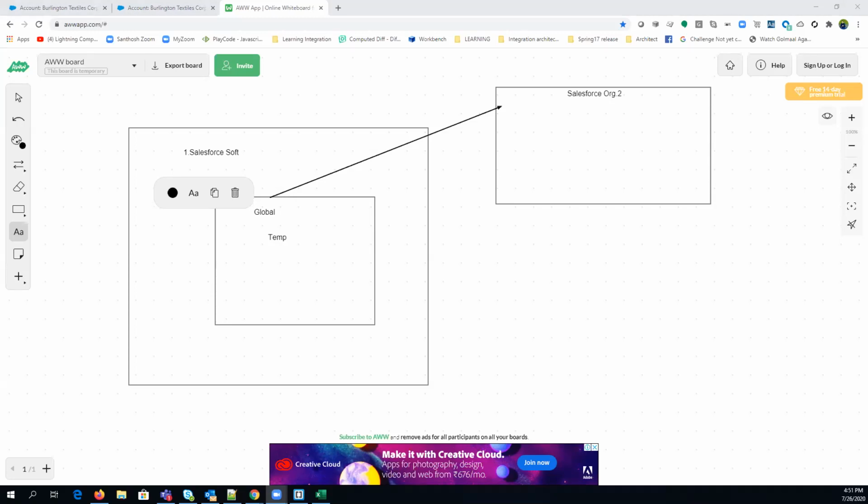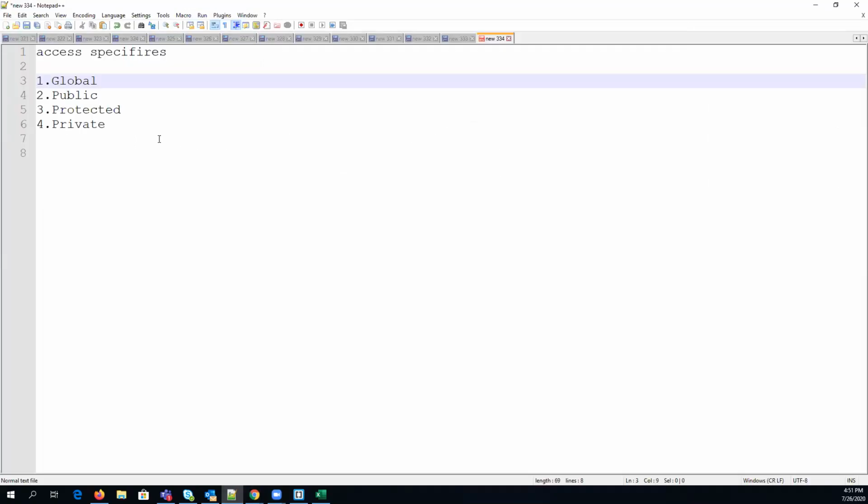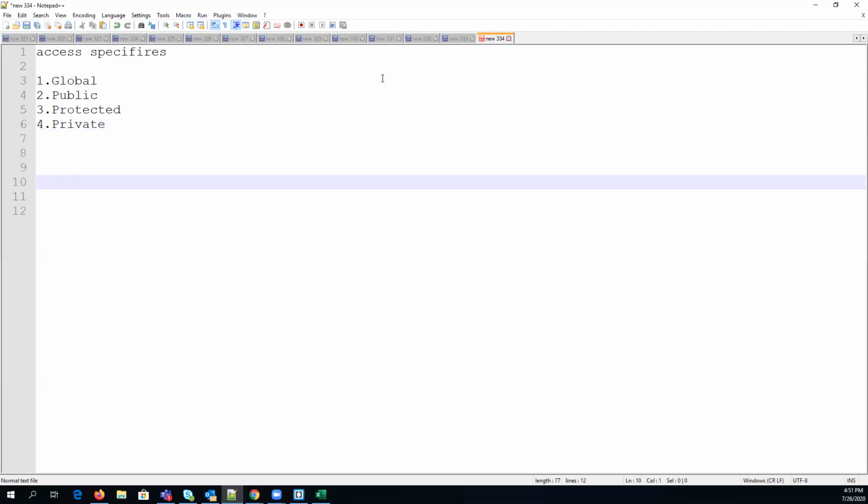You can use your keyword like this. If I want to create a global class, then your class syntax is something like that: your access specifier, or you can say modifier, then your class keyword and your class name.